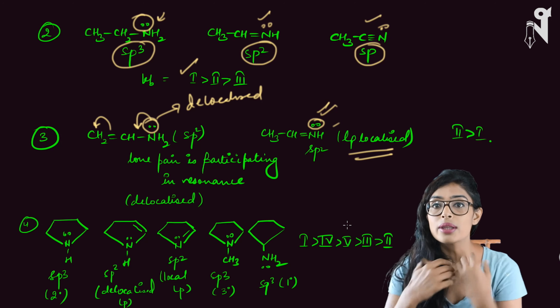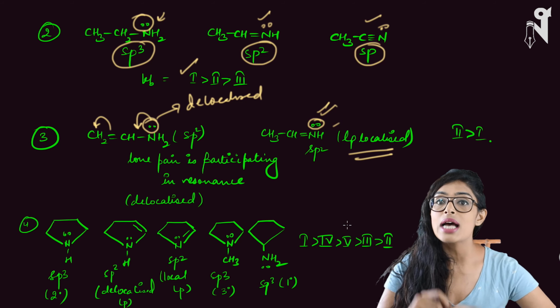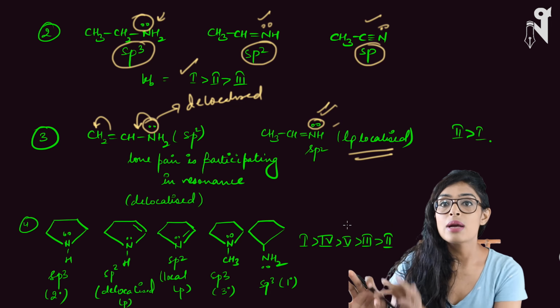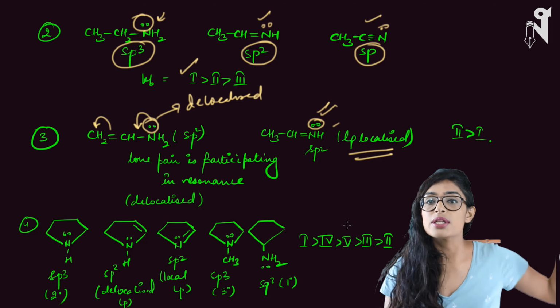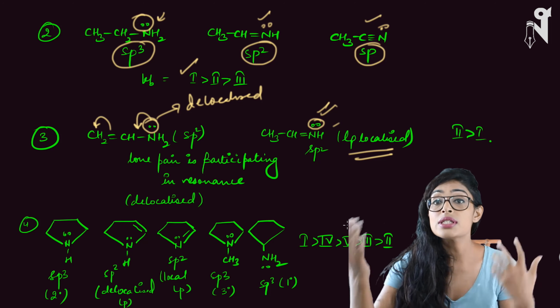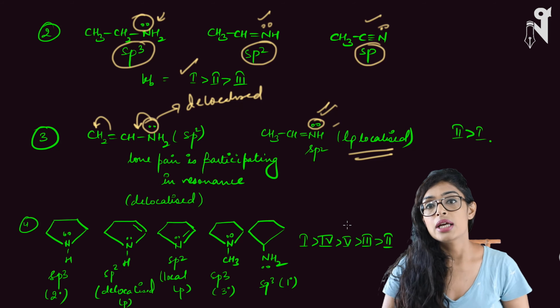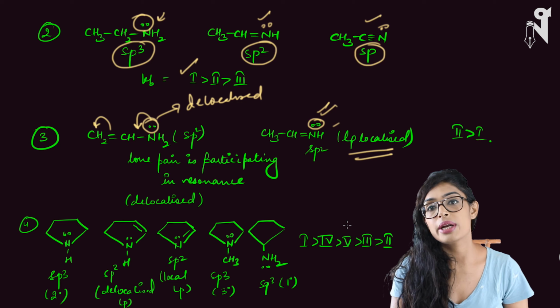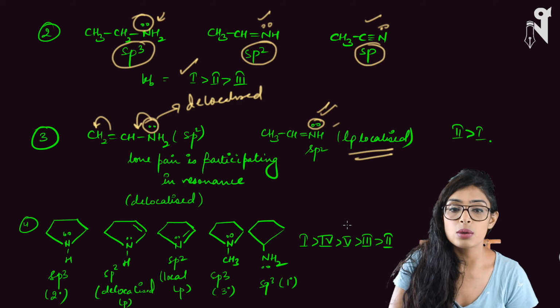So this you have to understand. This is very, very important. Why are delocalized ones less basic? Because these look like they are there, but they are not always there. They are just moving in the chain. They are moving here and there, and they are jumping from one place to another. So whenever these will be available to nitrogen, nitrogen can give them. But if these are not available to nitrogen, it cannot give it away. So that is why it decreases. The delocalized lone pair decreases the basic strength. So you have one localized lone pair and one delocalized one.